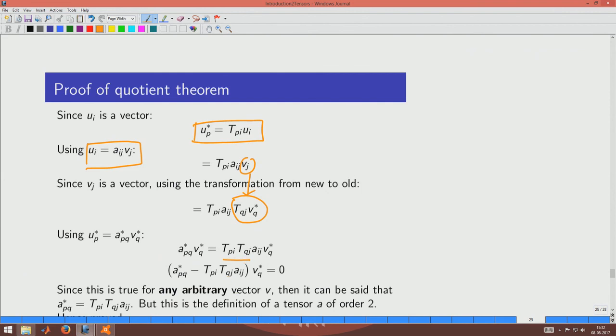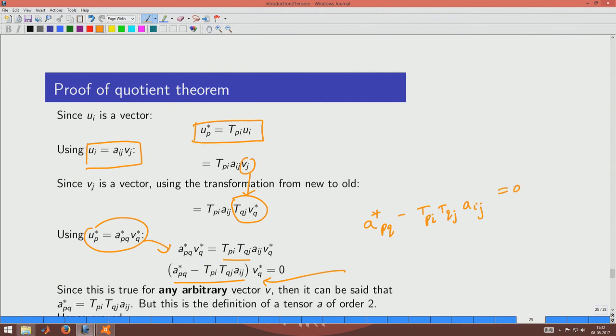Then we realize that we can actually look at the subscripts and collect them, and we see that when we express the left hand side in the new coordinate system, and then subtract the right hand side from the left hand side, in every coordinate system this expression must be 0, and this is for any arbitrary vector v and arbitrary vector u. Which means that this is only possible when A star p q is always equal to this,